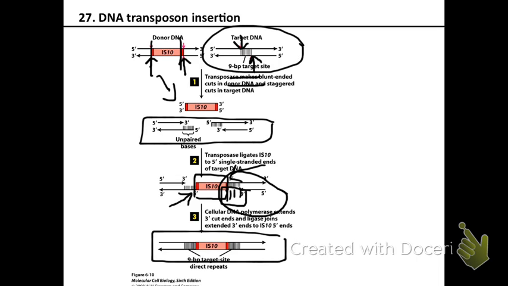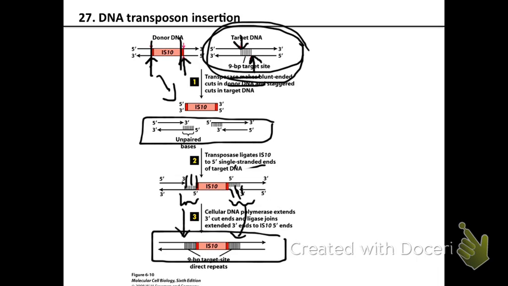And because it is going to add nucleotides that are complementary to this staggered end, you're going to have a direct copy of this sequence on the two ends of the DNA transposon, right? And that's how you know that it's a signature of the transposon insertion, because you have direct copies of the two short sequences on both ends of the transposon. And the reason for that is because it cuts staggered and then fills it in on both ends. Make sense? Okay.